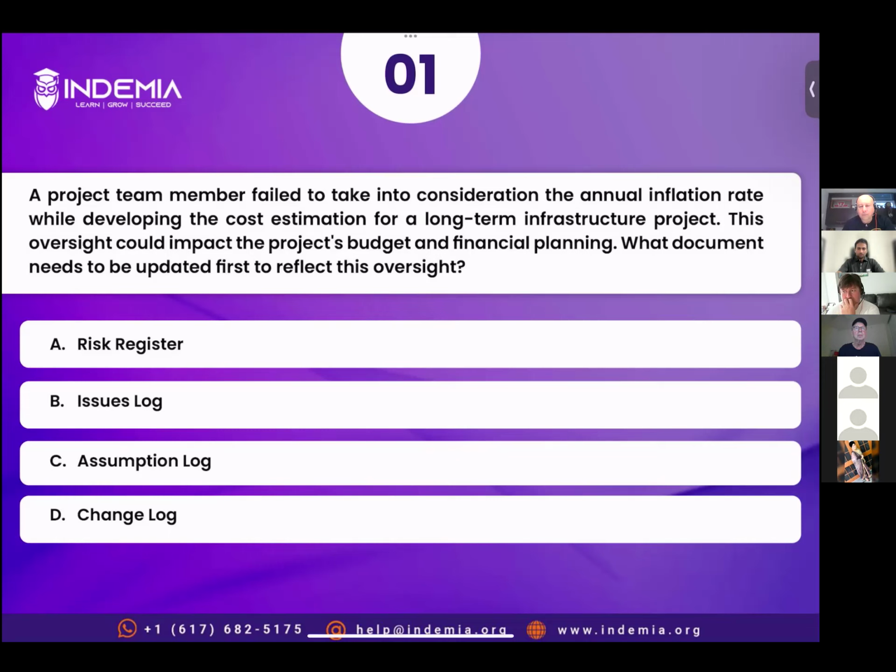An assumption. So first of all, we are not sure where we are right now in terms of the timeline of the project, right? We are not sure even if, for example, we are still in the planning stage. We are not sure we are in the execution stage. So from a timeline perspective, this question does not give a clear idea where we are in terms of the timeline. But regardless of that,